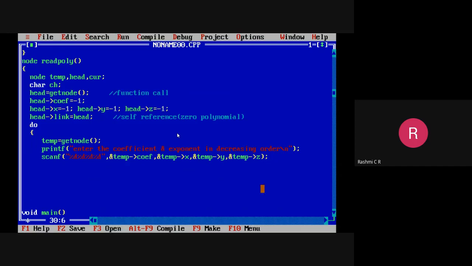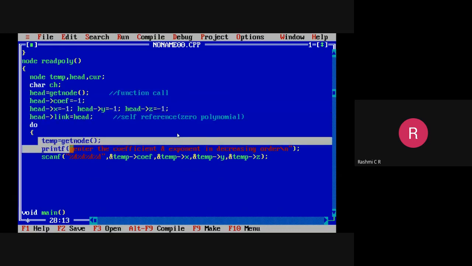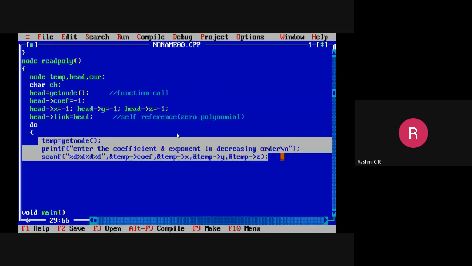After data assignment is completed, you already know it should be appended to your linked list. As of now, linked list is only having the header node which is pointing to itself. But now you are creating a node with the polynomial term, that is first term of the polynomial.